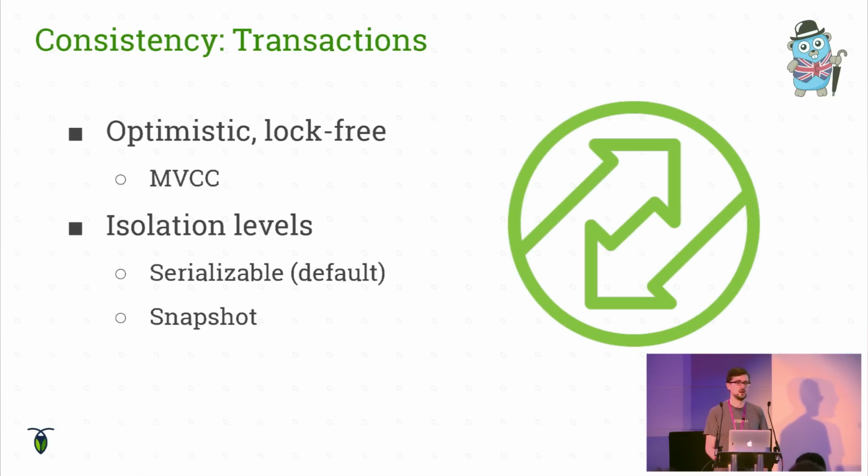But sometimes it can perform poorly, especially, as I said, under high levels of contention. And so we let you opt into a lower level of consistency called snapshot isolation. This is kind of analogous to the difference between repeatable read and serializable in a traditional SQL database. It's not exactly the same thing, but it's similar in the sense that you're seeing a consistent snapshot of the view of the data, which may not be exactly the most up-to-date information, but that's frequently enough for most cases. And so sometimes if you're experiencing a lot of contention, you may want to opt into this